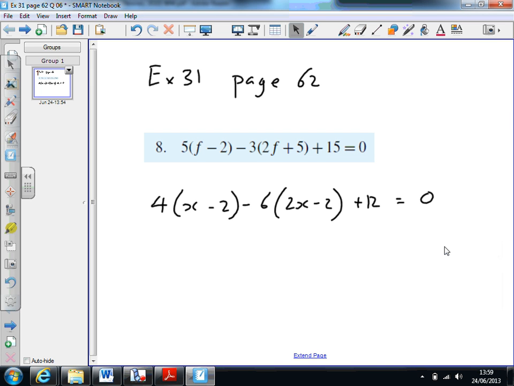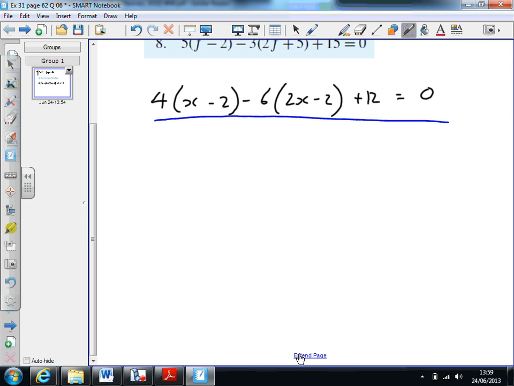Exercise 31, page 62, question number 8. Here it is. Again, I'm not going to do that particular question. We're going to do one that's very similar to it underneath here. The first step in solving equations like this, in questions 8, 9, 10, they're all starting to introduce this sort